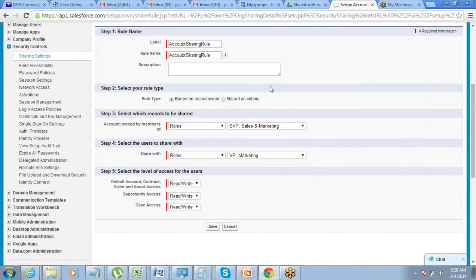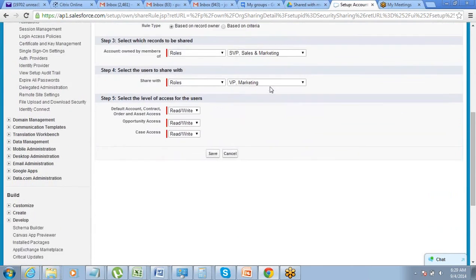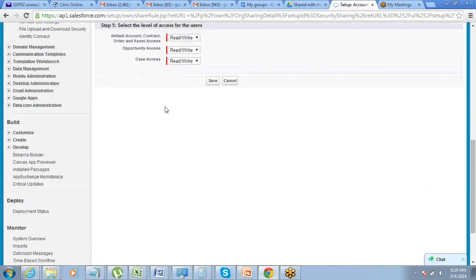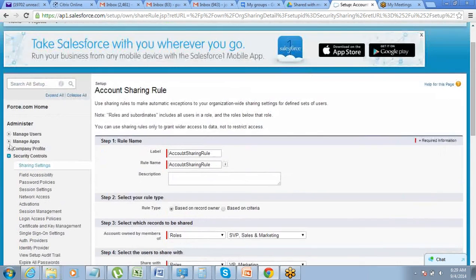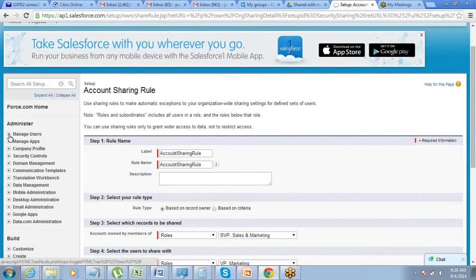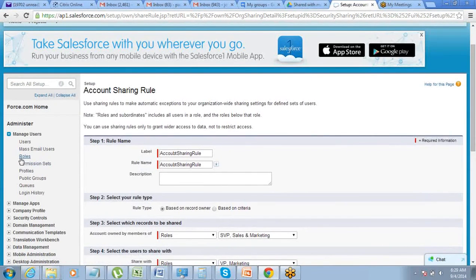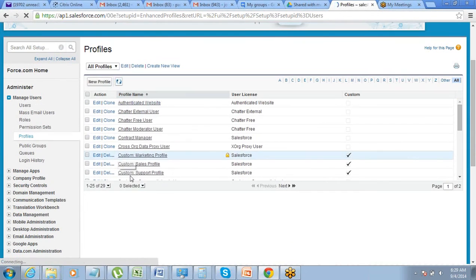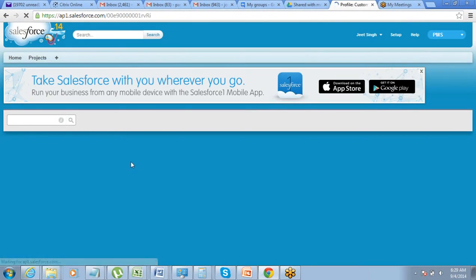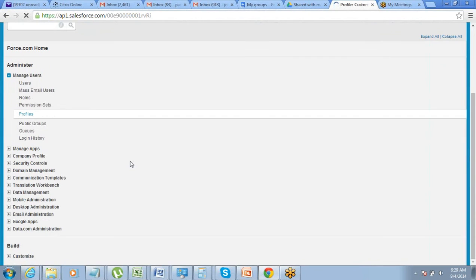Where do we go? Yes, here. So where do we put this admin access, or where do we give the admin access? This admin access is given on your profile. So once you are on a profile, any of the profiles, let me pick any profile.